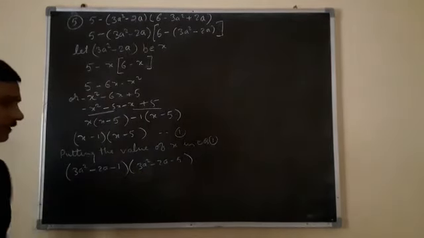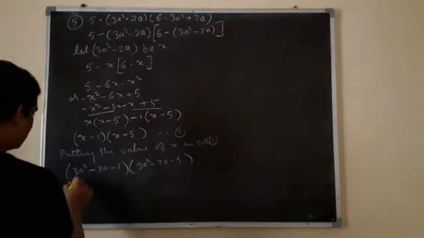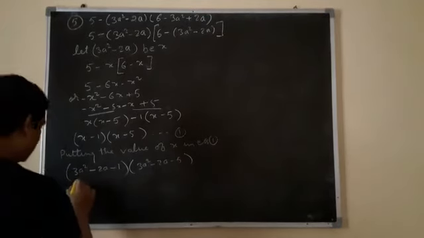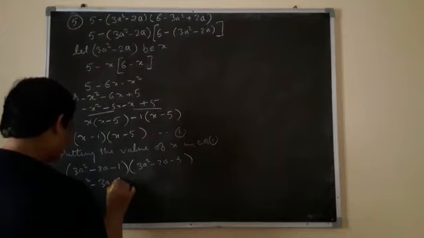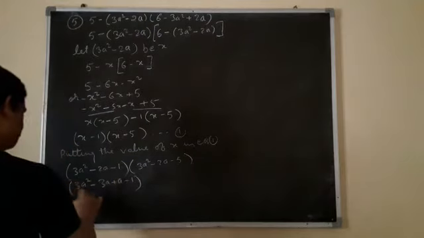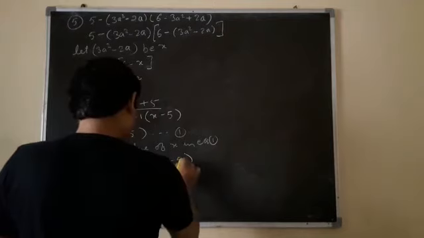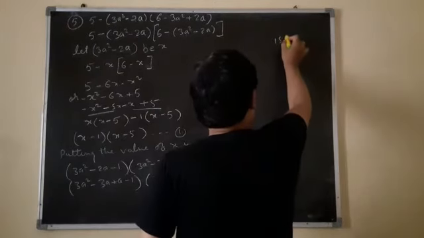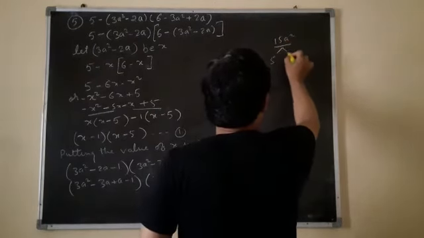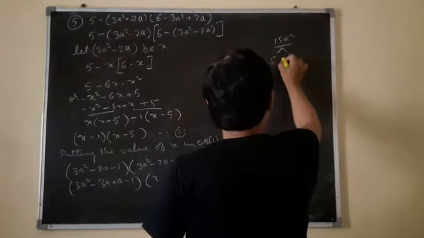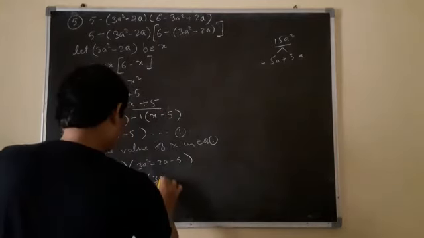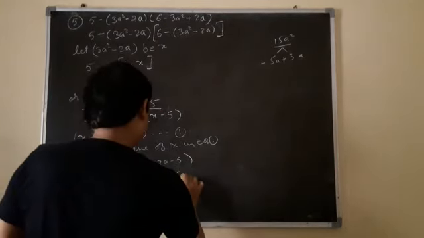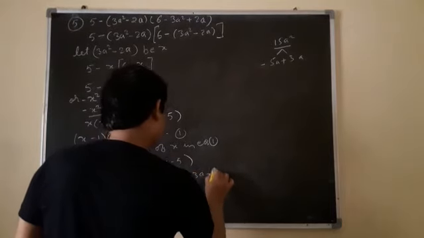Again we will take the help of the middle term splitting method. When we multiply the extreme terms, it will be 3a square times minus 1 for the first one: 3a square minus 3a plus a minus 1. For the second, 3 fives are 15. When we split this 15a square into 2 parts, 5 threes are 15, and we have to take minus, so it will be 3a square minus 5a plus 3a minus 5.